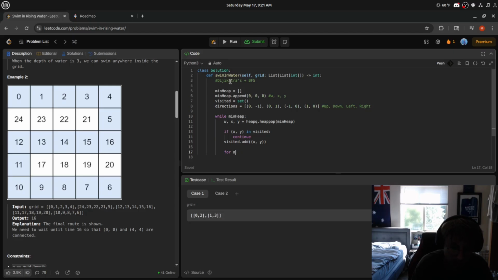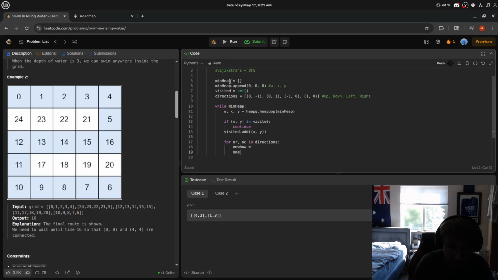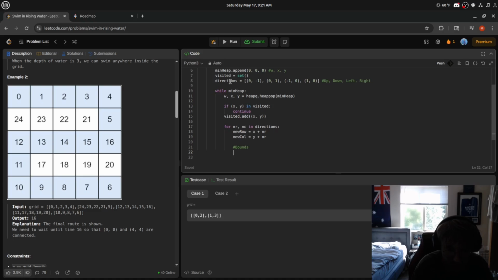Sorry, for new row, new column in directions, we want to do new row is equal to, new col is equal to, we would do x plus nr, y plus nc. Then we have to check the bounds, right? So if 0 is less than or equal to new row, but is less than,